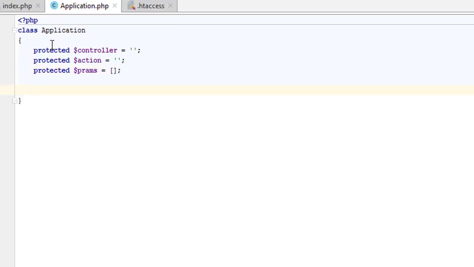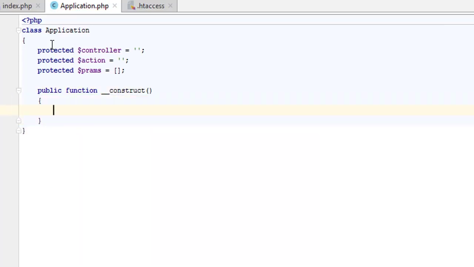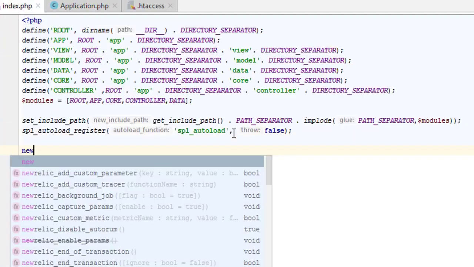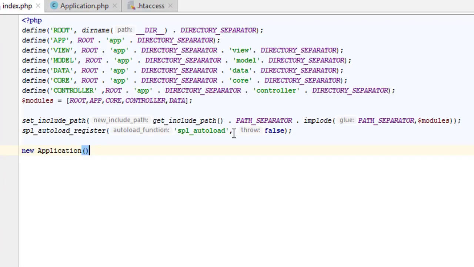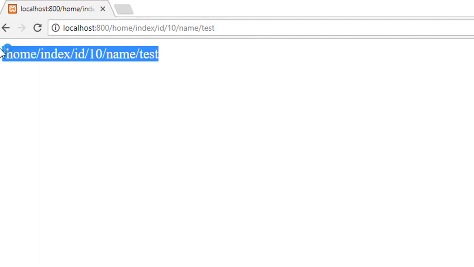So let's go ahead and create the constructor here, public function __construct. Now for the constructor, what I need is I need to be able to parse this information that is coming in. So if I go here and I just simply say echo $_SERVER REQUEST_URI, let me just show you this. So I have created the class, I have the constructor. So what I have to do here is I can simply go ahead and call the constructor. That's all I need to do for now. So I'll go ahead and say new Application. Okay. So now if I go to the browser, refresh the page,